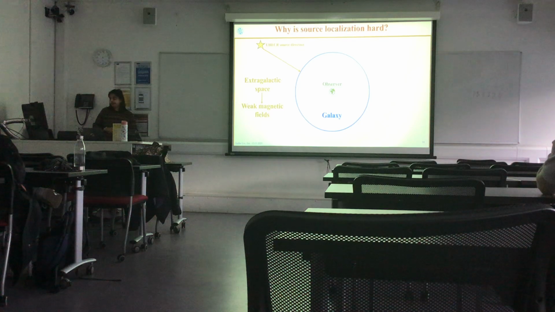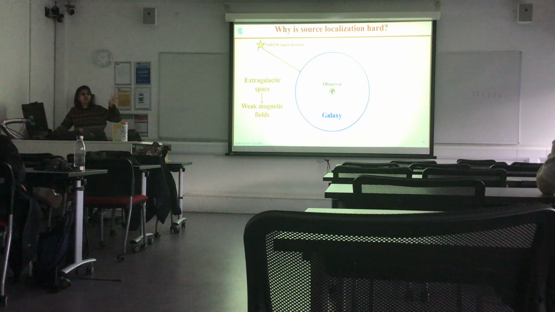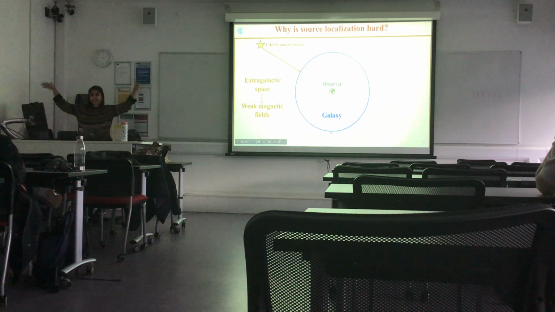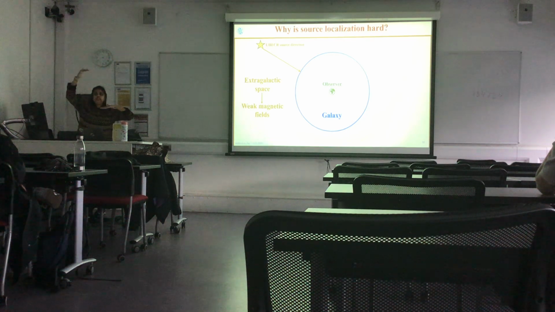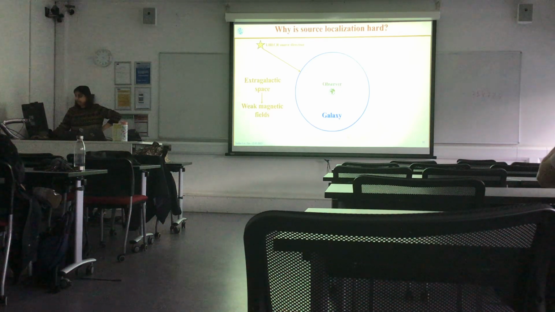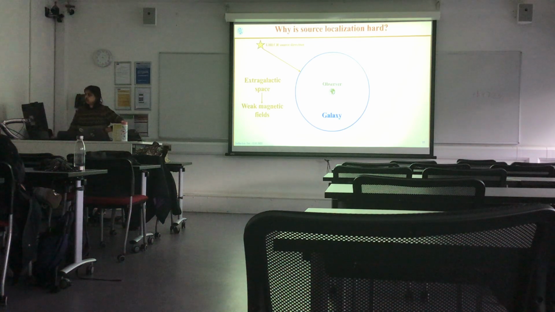And why is that? The reason is, now assume that, think of this star as a source of an ultra-high-energy cosmic ray. This yellow region that you're seeing is the extragalactic space, so basically any region between the Milky Way and your cosmic ray source. This blue circle is our galaxy, and we are centered in here, sitting as the observer. So now imagine that this cosmic ray starts from the extragalactic space and it's going somewhat straight and coming towards